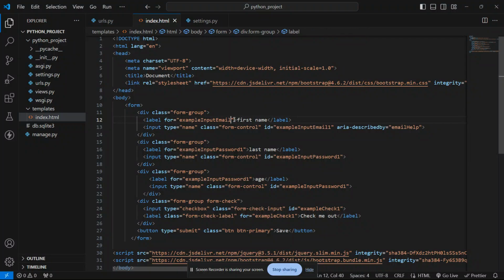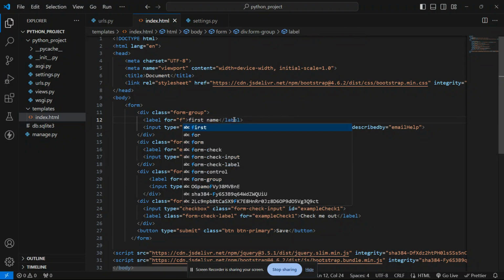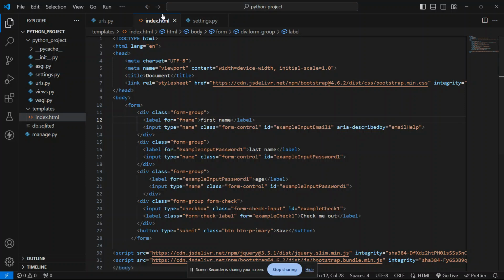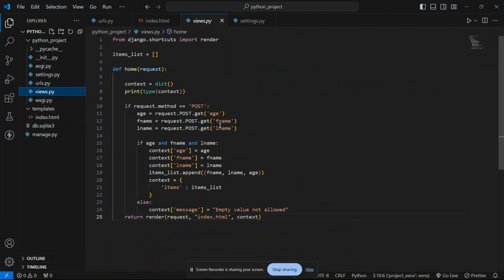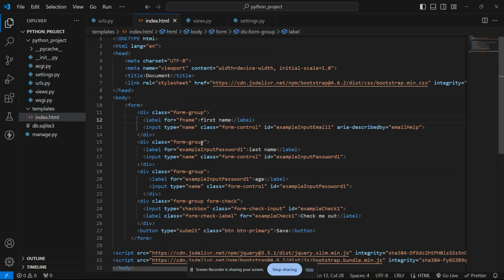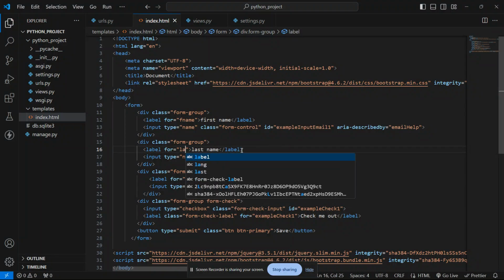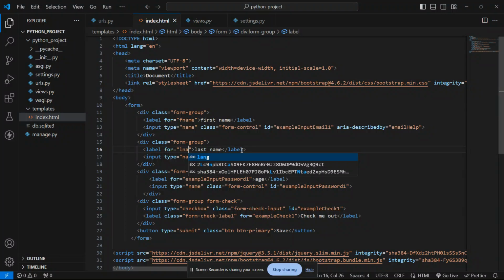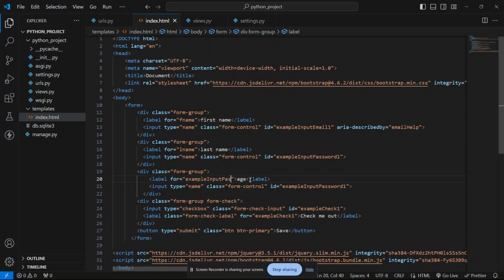This is also for the first name, F name, which I have given inside this views.py. The F name for first name, L name for last name, and the H for age. So I'm putting this F name and this L name, and here I'm just giving age.